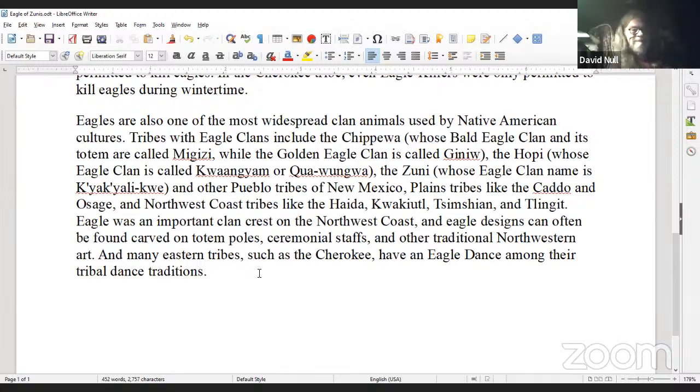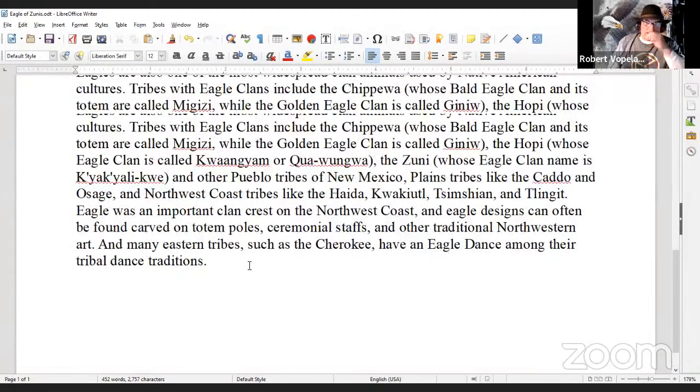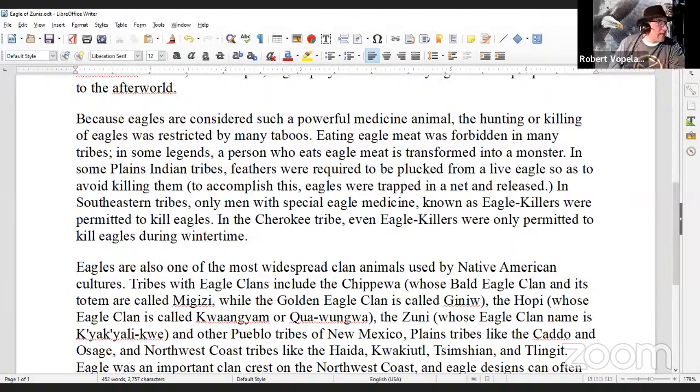Eagle was an important clan crest on the northwest coast, and eagle designs can often be found carved on totem poles, ceremonial staffs, and other traditional northwestern art. Many eastern tribes, such as the Cherokee, have an eagle dance among their tribal dance traditions. And I think that is it, believe it or not.